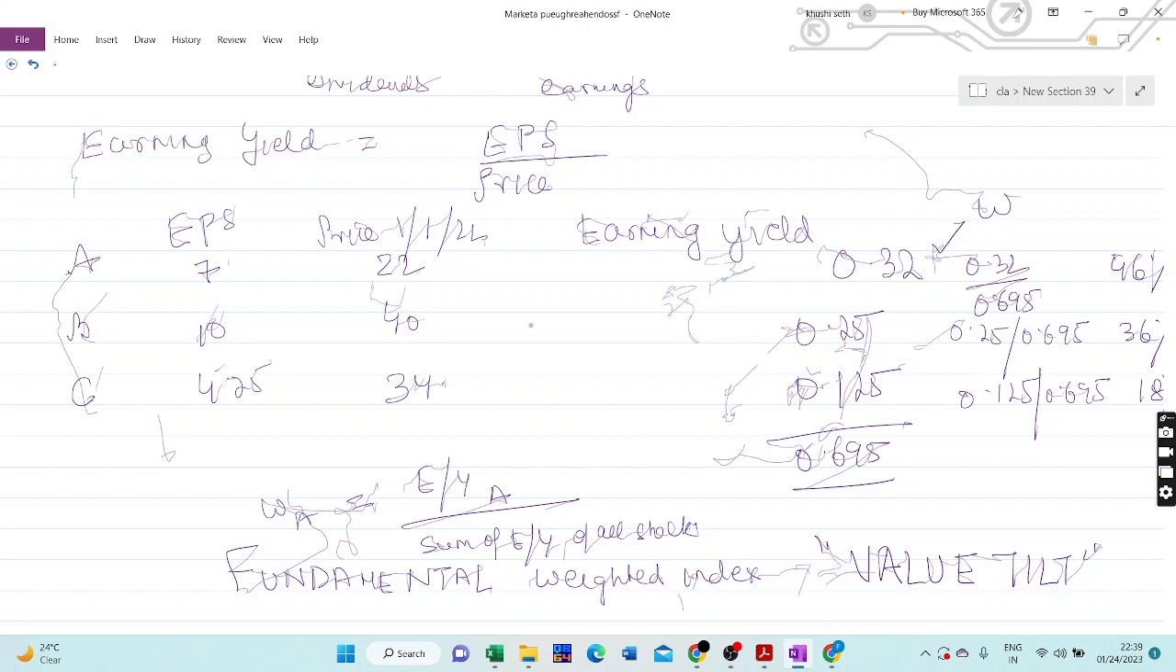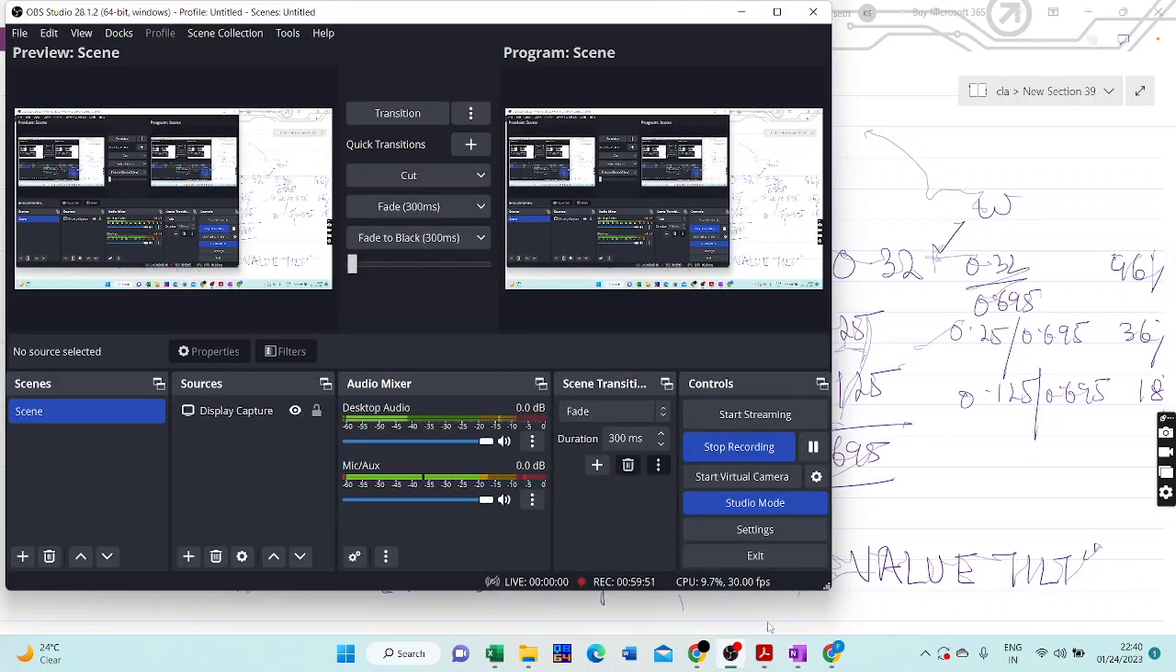Okay? Did you understand this? So basically value tilt means that more weight is given to value stocks in a fundamental weighted index. Okay? More weight is given to value stocks in a fundamental weighted index. So the explanation that I just gave you, you won't find these explanations in your